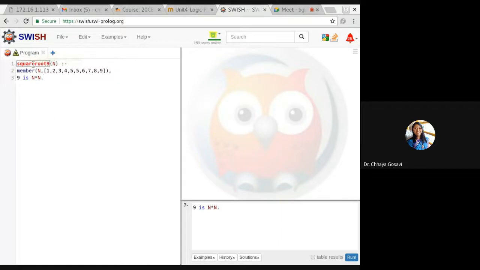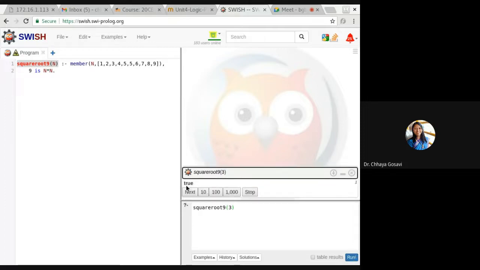So let's check it with the editor. This is the function square root 9 n. We have a rule instead of a function, so I should call it a rule. N, member n 1 to 9. It should be a member from this list, and 9 is n into n. And what I have to check here is, I have to pass a value for n: square root of 9, 3, whether 3 is the square root of 9.